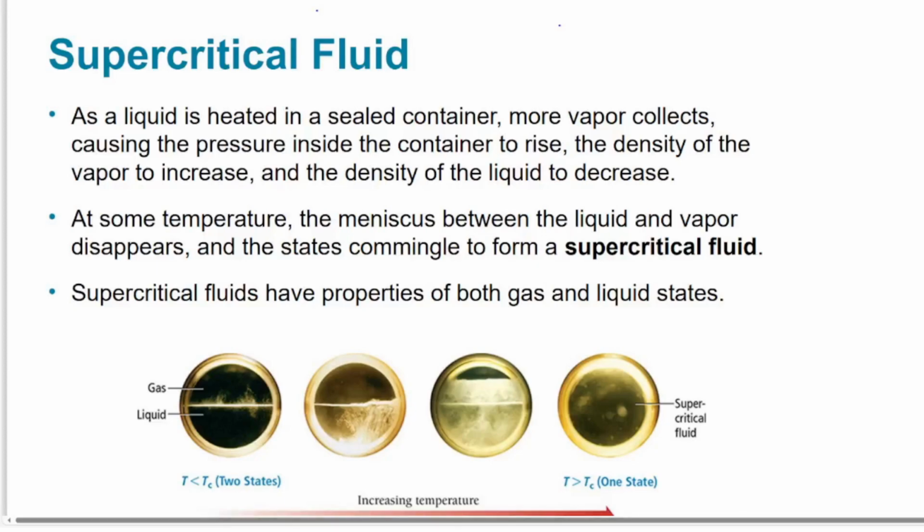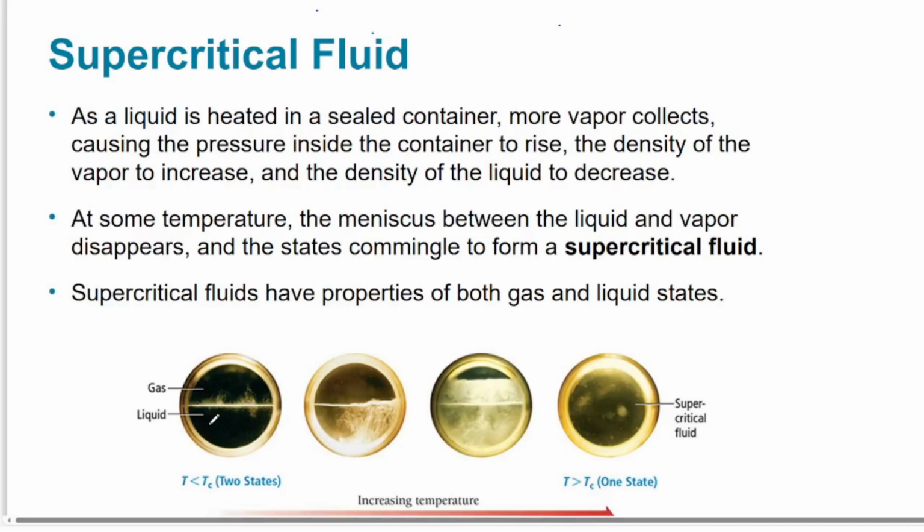I'll complete our discussion of Chapter 12 with a few minor topics, the first of which is a supercritical fluid. If you have a liquid in a vessel that can contain high pressures, then that liquid will exist with its vapor pressure above it. So we have a liquid and gas in a high pressure container.